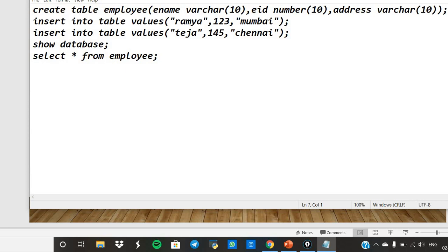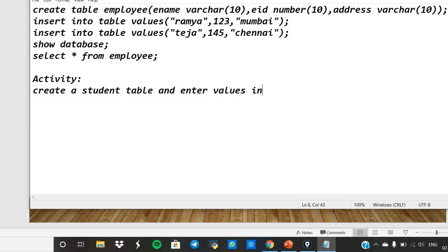So as an activity, create a student table and enter values in it.